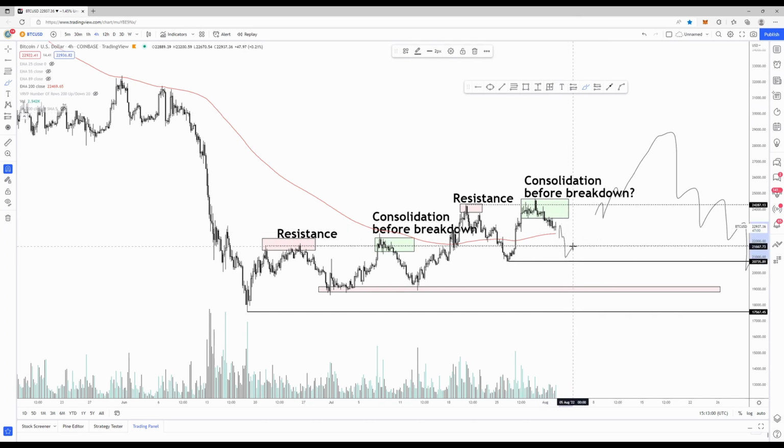But if we start to see price trading below, and especially if that 20.7K area gets broken, I think it's quite likely that we're going to see the 17Ks come again pretty quickly after. So those are my overall thoughts on Bitcoin right now. I actually think Ethereum is leading, and the ETHUSD chart is probably the more important chart to look at. And I'll probably be looking at that chart